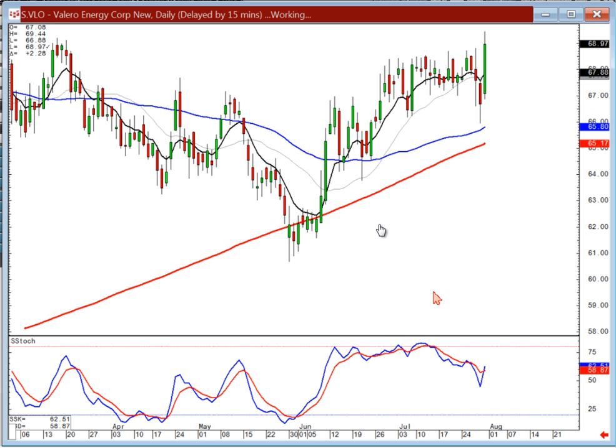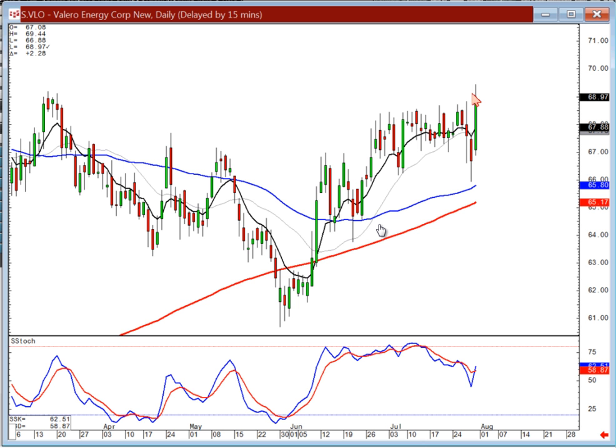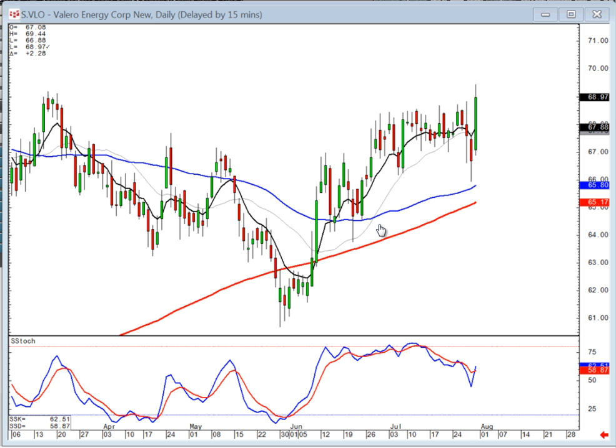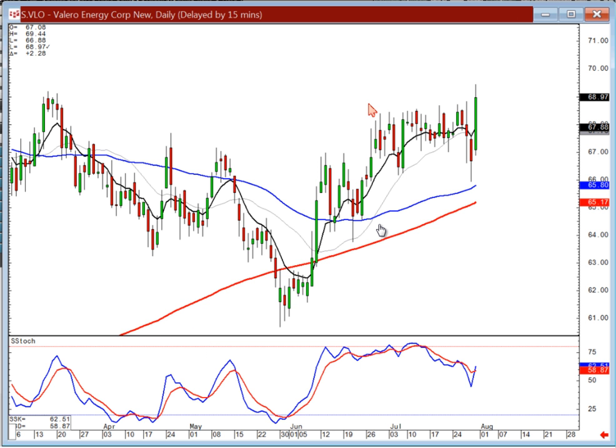So you see a sell signal. Valero, another one that you could be buying. It's not a great chart, but it's heading in the right direction. Yeah, Z, if you want to know when the earnings are coming out,